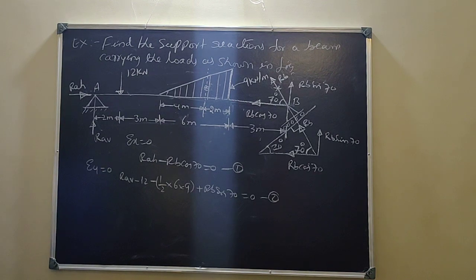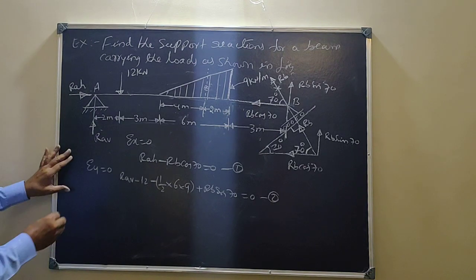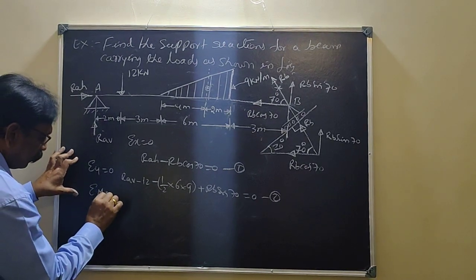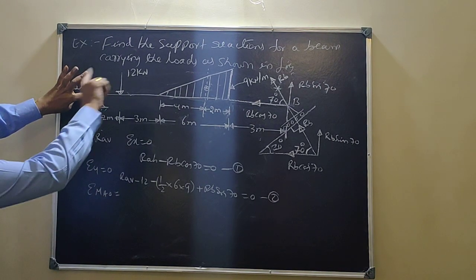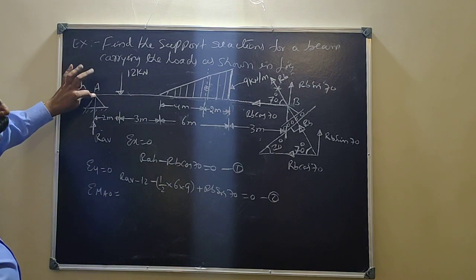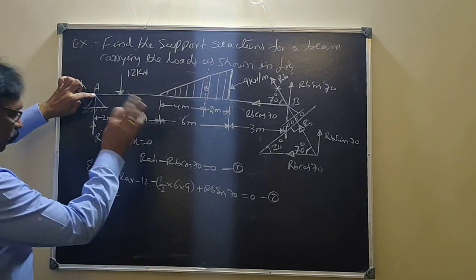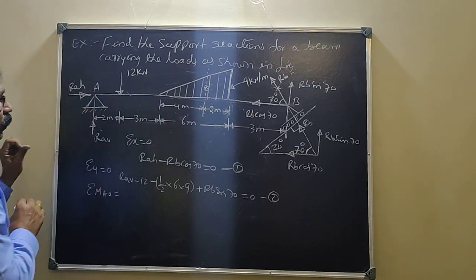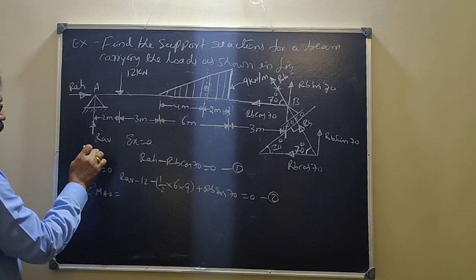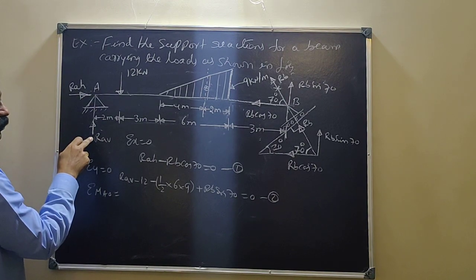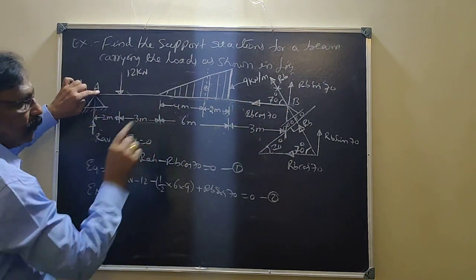Again you find that there are three unknowns, RAH, RAV and RB, so in order to find these three, another equation is required, that is sigma MA is equal to 0. I always practice taking moments about A, because all the things will be to the right and it is convenient. You can take it about B or A, but I will take it about A. Now RAH is passing through A, so its moment is 0, RAV also passes through, and RB cos 70 also passes through this point, so its moment is also 0.